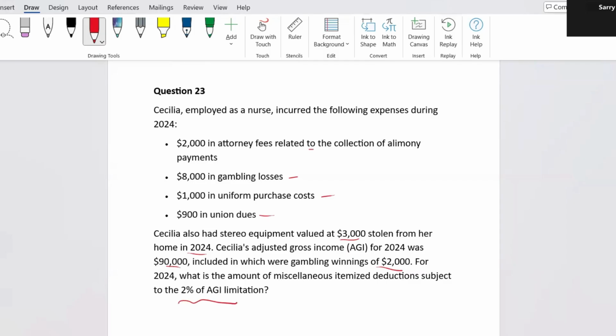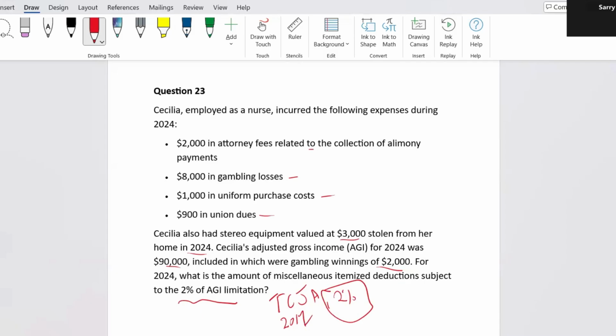So you need to understand TCJA, the Tax Cuts and Jobs Act, and the 2% elimination. Prior to TCJA in 2017, some employees were able to deduct things like investment fees, attorney fees, uniform costs, union dues. Those are part of the 2% miscellaneous itemized deductions. Don't think too much about what the 2% is or how you calculate it. Just put this in the 2% category, which TCJA essentially eliminated. So you can't deduct those things.